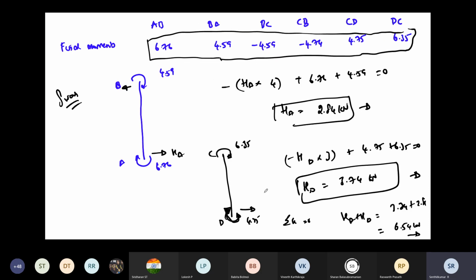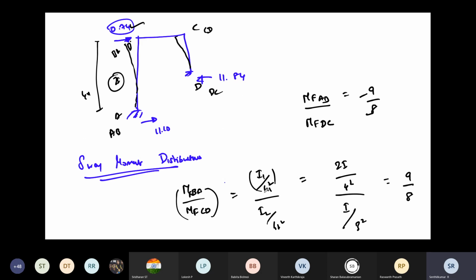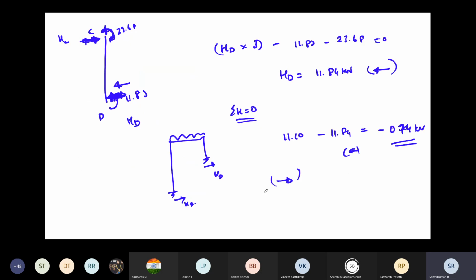This is the way, but personally, if you're asking me, if you have this sway problem, go with the slope deflection method, that will be easy. Is it time consuming? With this method we have to go for iteration, and iteration will take more time to get the accurate solution. So for that, you can get the shear equation and analyze it, and you can finalize the answers. That is better.